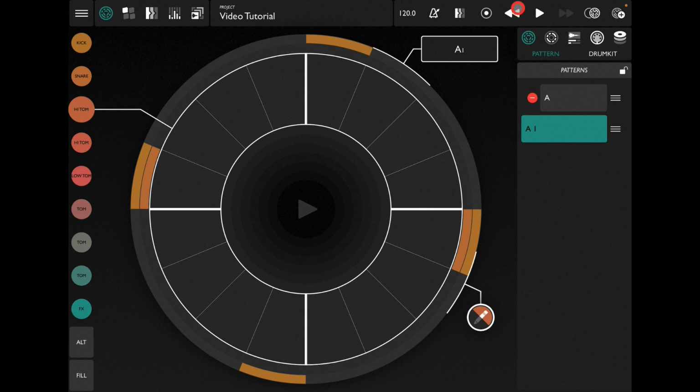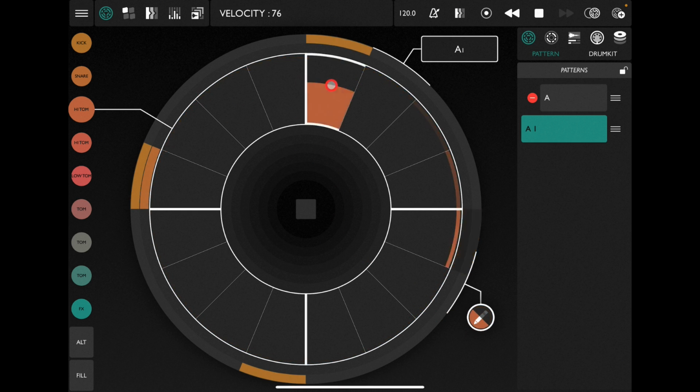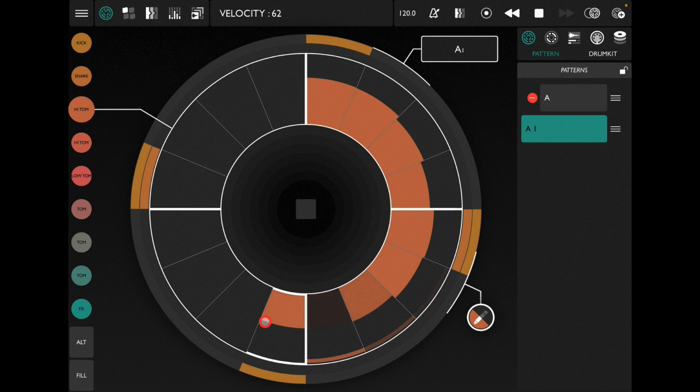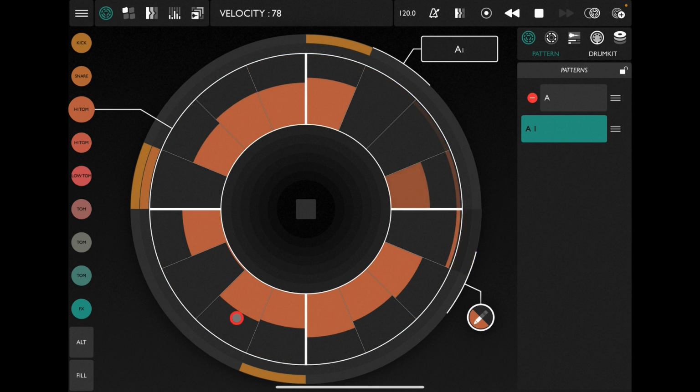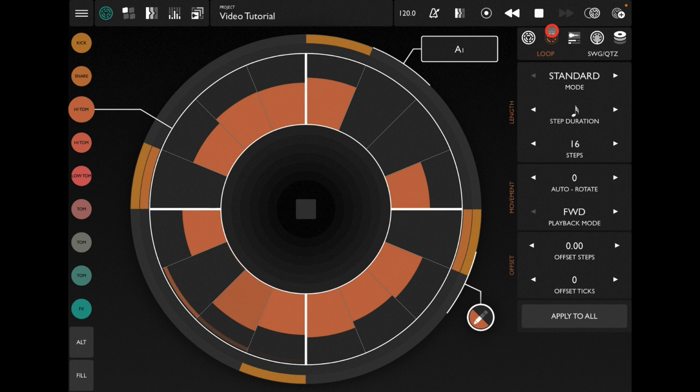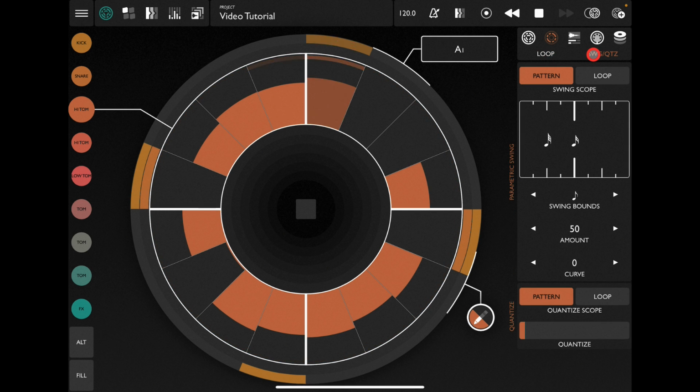So let's press play. My hi tom, which are hi-hats. So I'm going to add some of these in. Make sure I'm on draw in mode. Maybe take some of these out for the purposes of this part of the tutorial. I'm going to go to my pattern page here, this next page, and see it says loop and swing. The swing is genius. It's like a parametric swing. So if we start to play with this,